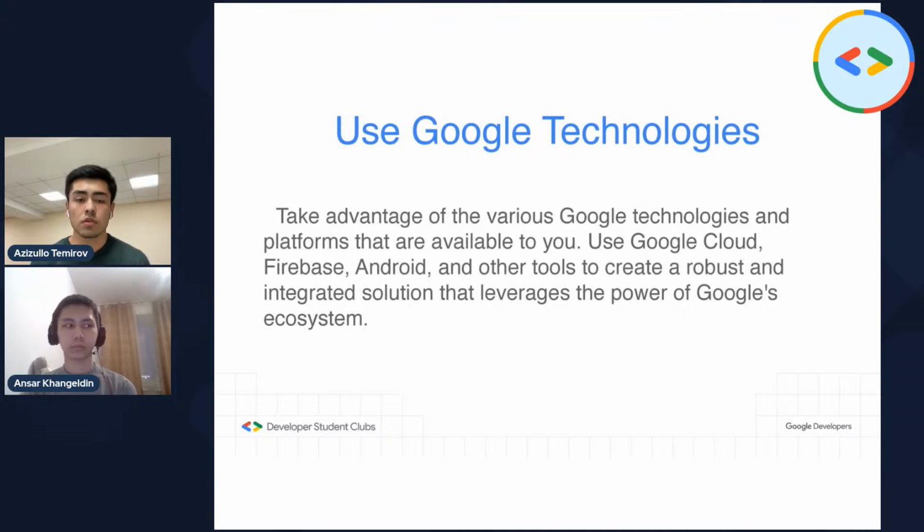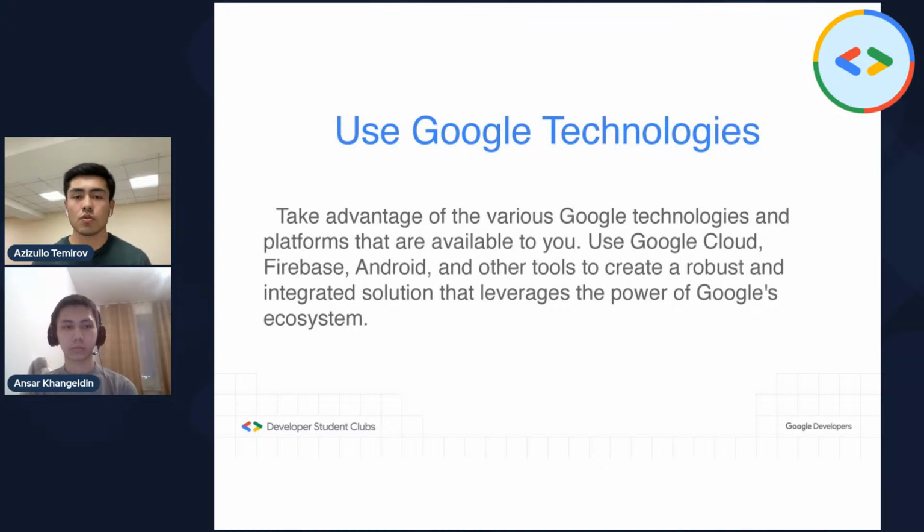Use Google Cloud, Firebase, Android, maybe Flutter, and other tools to create a robust and integrated solution that leverages the power of Google's ecosystem. For example, Flutter is a good technology to create MVPs recently. For example, you have some idea that you are trying to implement as soon as possible as a mobile application. So what you can do is just